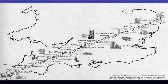Now look at this. What you see in this diagram is a part of England, and every single one of